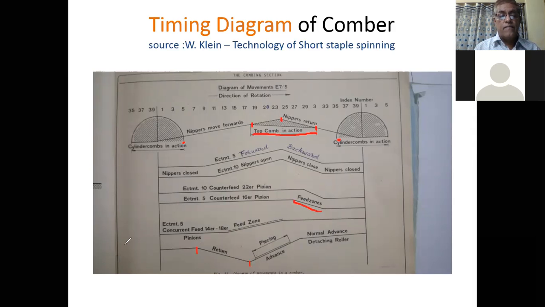This line shows the normal advance of the detaching roller, and then they will move in the backward direction. They will start their backward movement at index 7 and continue up to index 16. Then they will move in the forward direction from 16 to index 26.